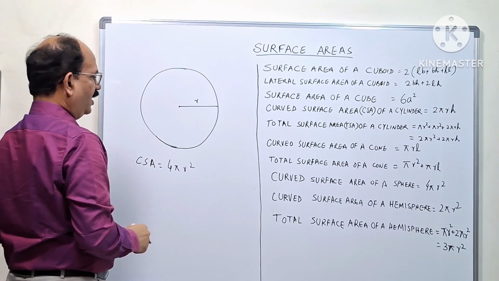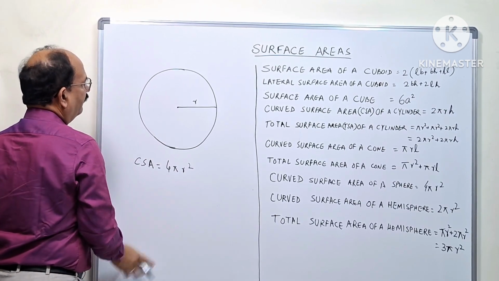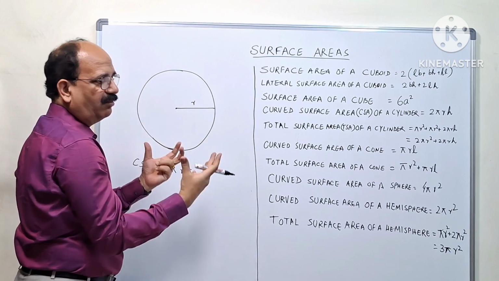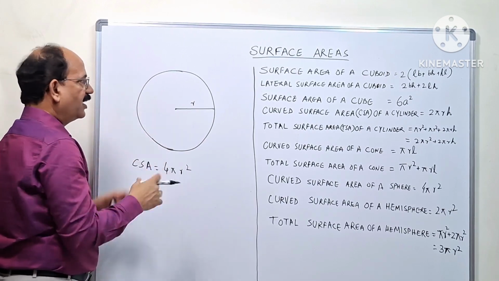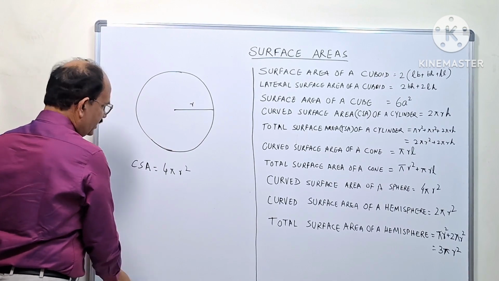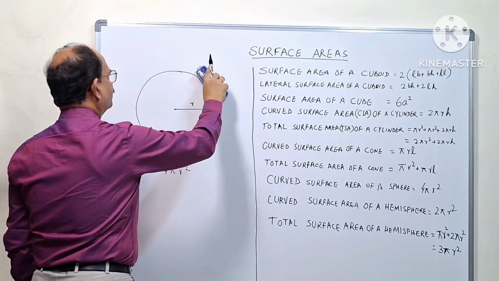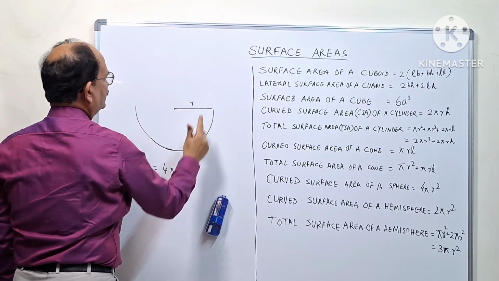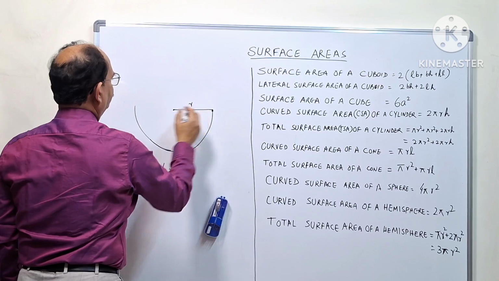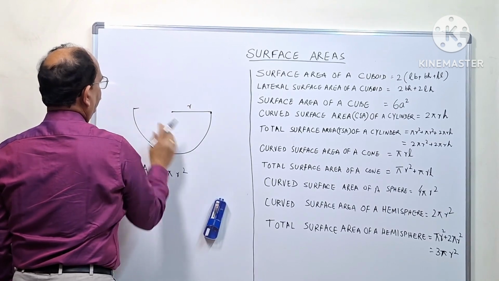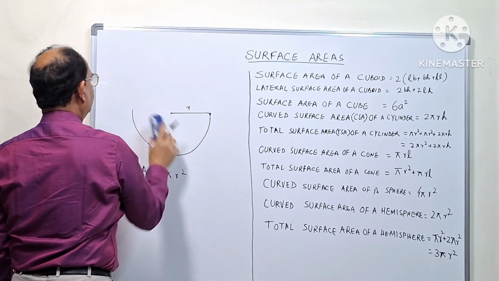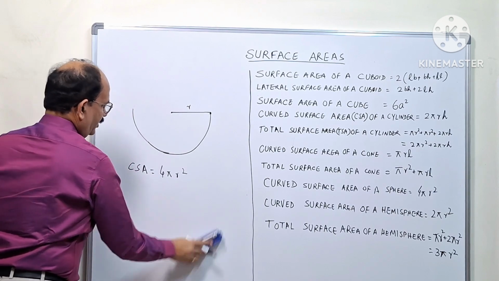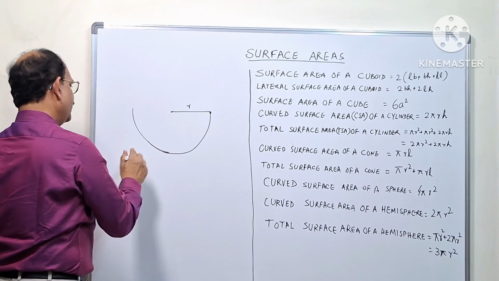Okay, now if we divide this sphere, like a spherical ball or a complete spherical iron ball, into half, if we cut it in half, then that becomes the hemisphere. So this is a hemisphere. Okay. Now, if we have to find out the curved surface area of the hemisphere,